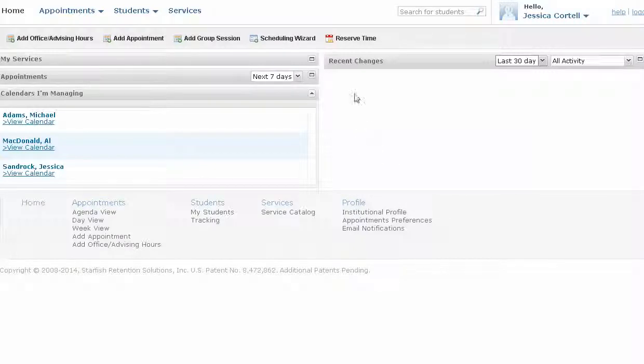So if you see a to-do and an appointment for the same student, just click on the to-do and resolve that because they've already done that. And then what you'll have is a list of students who still have their to-dos to accomplish, and then also this list of students who have meetings coming up with you.